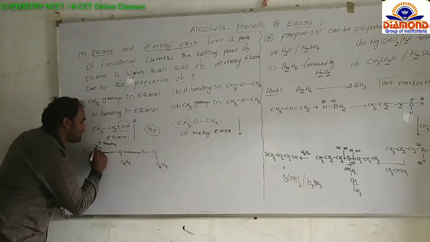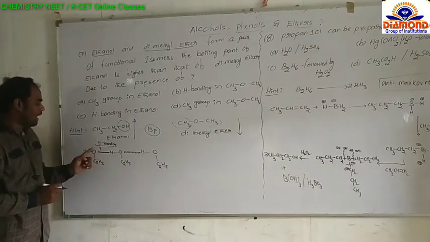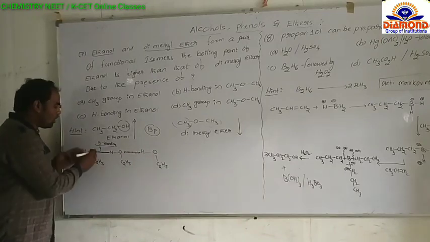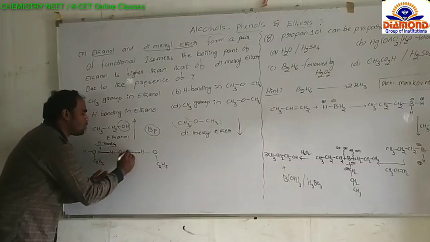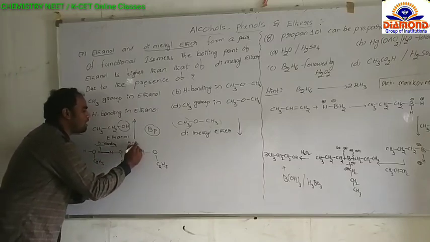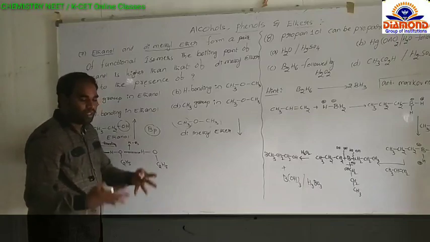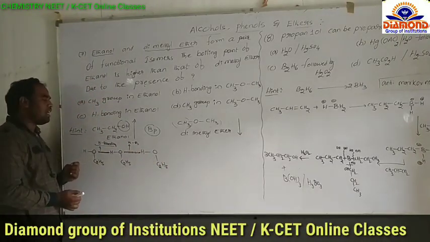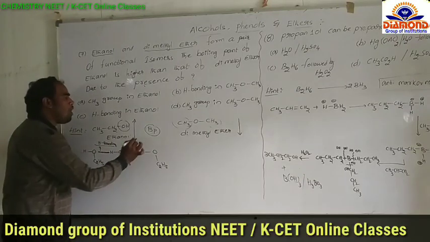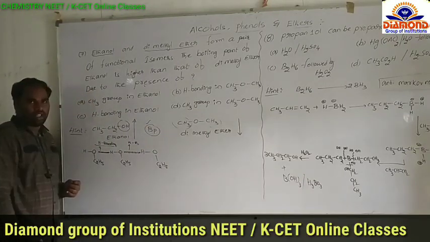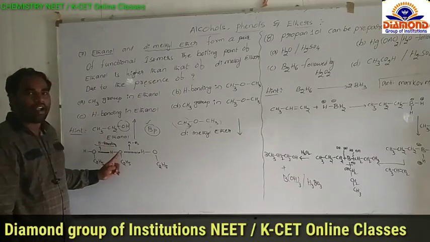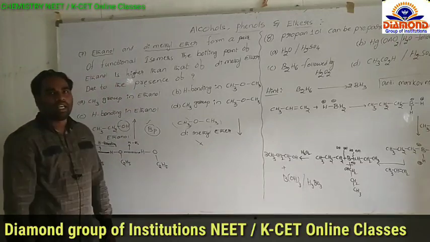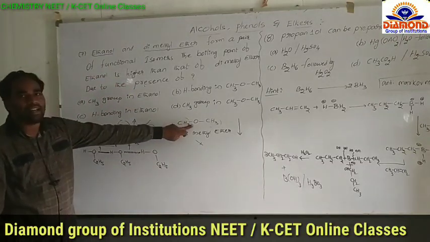So due to the presence of hydrogen bonding in this hydroxy group, more ethanol molecules are associated, so here also hydrogen bonding. More number of ethanol molecules are associated. Due to this, boiling point is more for ethanol. These kind of hydrogen bonds are not possible in dimethyl ether because of lack of hydroxy group.